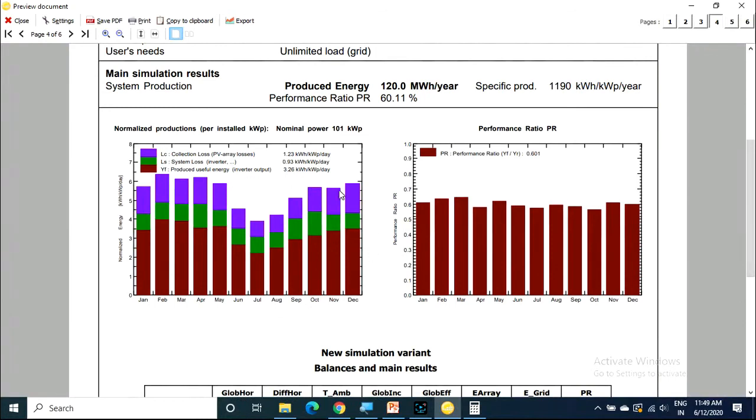This is the monthly data. This is also monthly data, regarding the performance ratio. In January you are getting some 0.6. In February it is above 0.6. The average value is 60.11 percentage. This is not in percentage, this is in percentage.